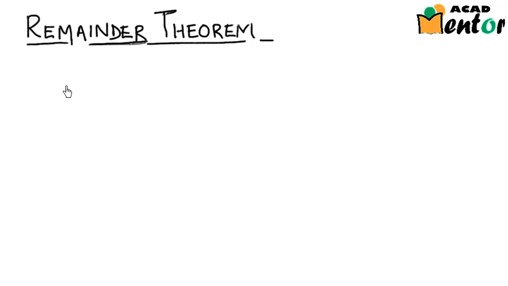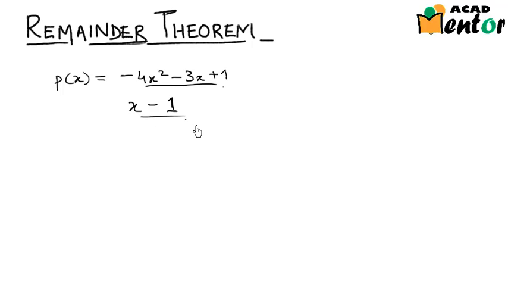If I ask you what would be the remainder when this particular polynomial p of x, equal to negative 4x square minus 3x plus 1, was divided by another polynomial x minus 1. Now when I divide p of x by x minus 1, what would be the remainder? Now you must be wondering, I said this was a simpler and a small question, but if we have to go through with the long division method, doesn't the name say it all? Won't it be long? No, it won't be. We don't have to go through the long division method.